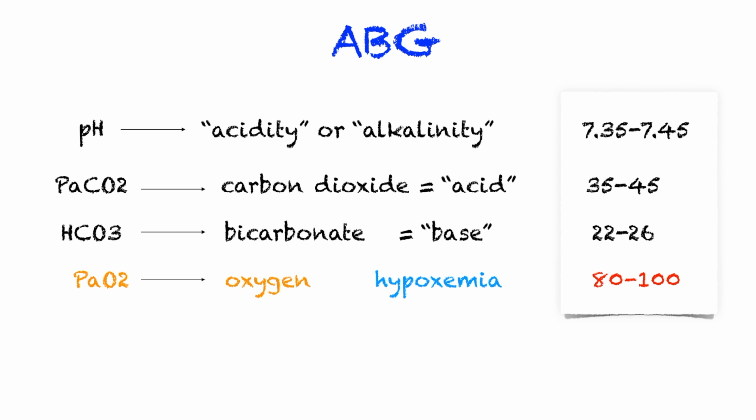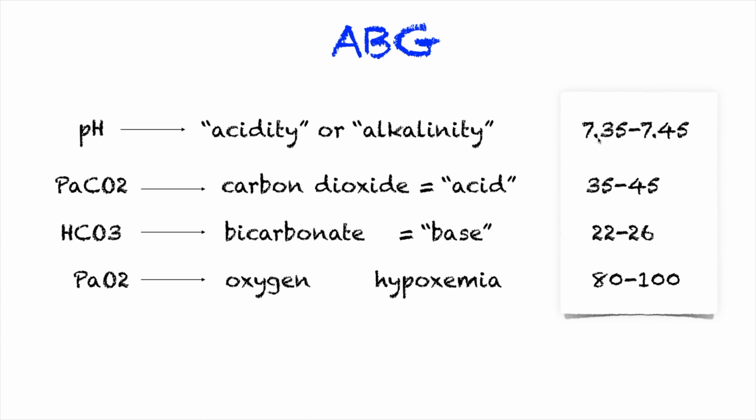But am I saying disregard PaO2 completely? Of course not. Just for the sake of the lecture, when you need to interpret your ABG, whether it's metabolic or respiratory, acidosis or alkalosis, you just need to look at your pH, your PaCO2, and your HCO3. Does your patient have hypoxemia? Look at the PaO2.